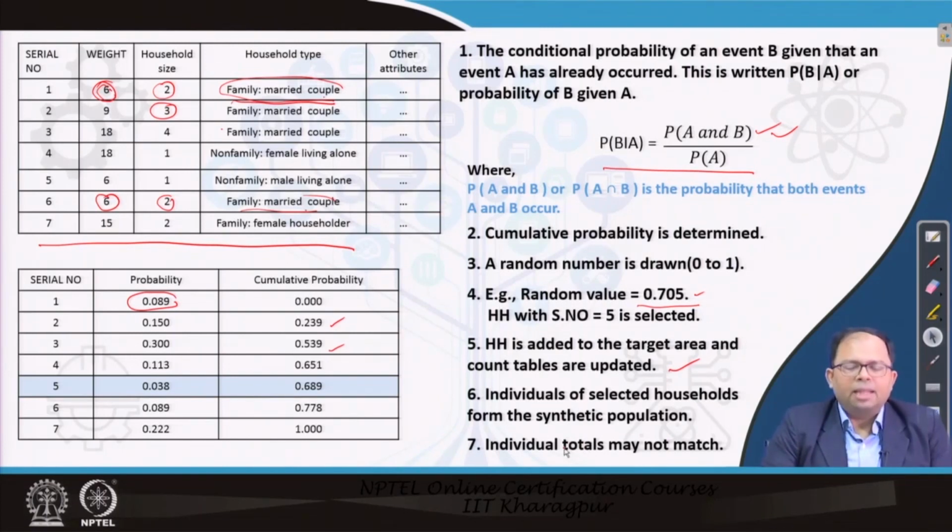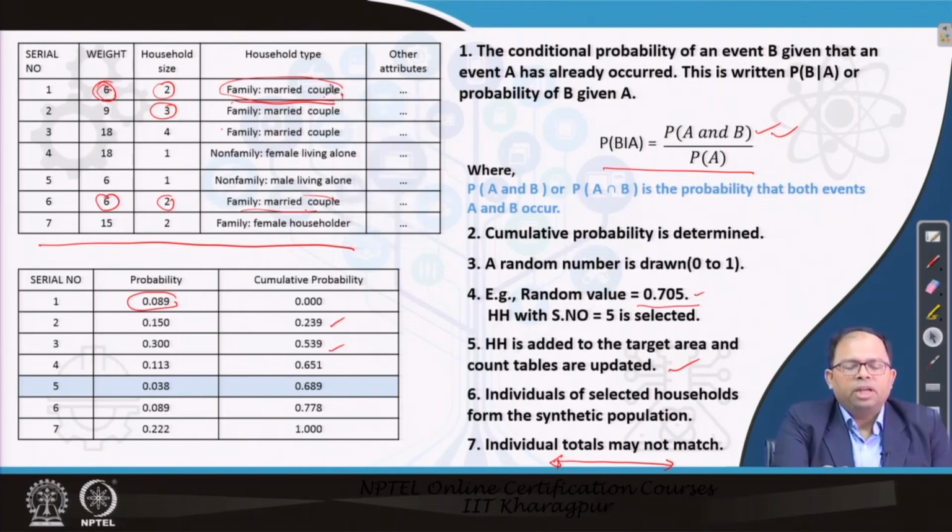match. But there are other procedures where both of them could also be matched by using different weightages, or using both of them together and giving weightages to both, and so on. So this is the simplest way to determine a sample, or a synthetic population, for a particular zone. There are many other ways where we can take both households and individuals together, or we can also follow different weightage structures, for example, because we are taking one sample from the